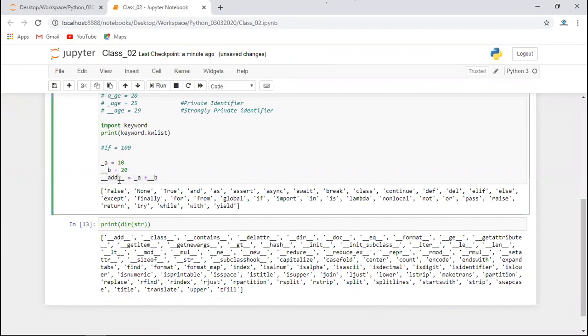You may say, okay, I can take __a__. No one might have used it. You may not know. Someone might have used it somewhere. So generally try to avoid this kind of situation.